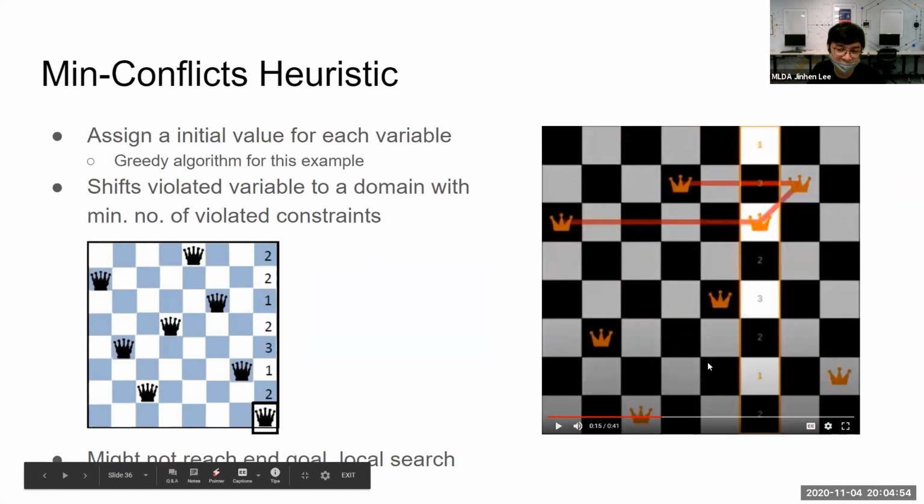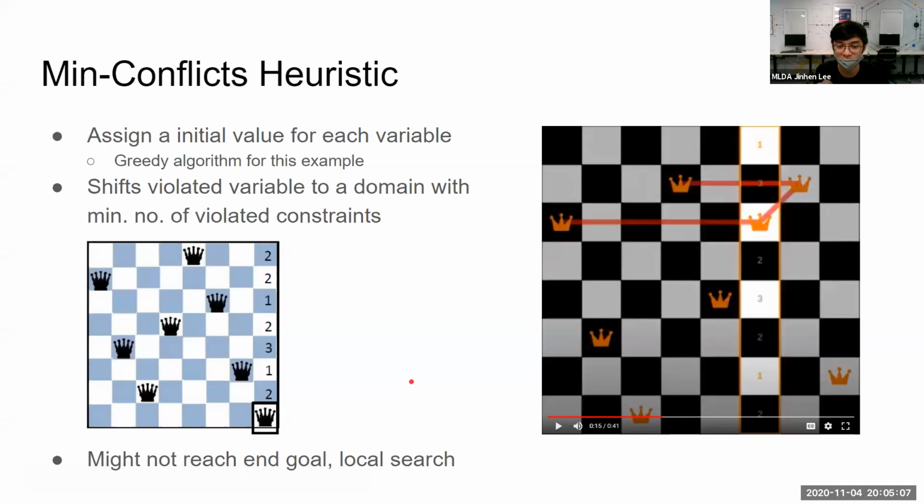So I think the disadvantage for this heuristic is it actually might not reach the end goal. So it's not a complete heuristic. So that's the downfall, because with random guessing, you might actually be stuck in a particular node or branch that does not actually contain the solution. So you're just wasting your time exploring, and it might take a very long time to get out of that branch.